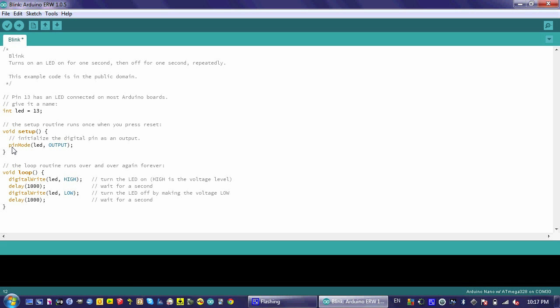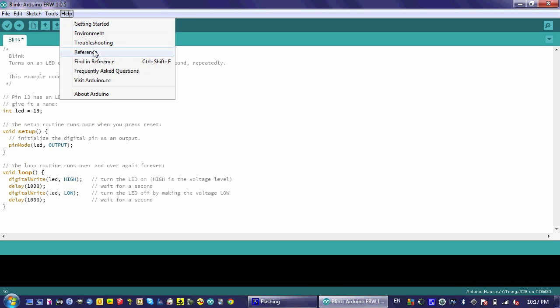In the setup routine, we can see that they initialize the digital pin as an output by using this command, pinMode LED, OUTPUT. So pinMode is some sort of function that sets this pin 13, if we look up here, to an output. This may be a little bit hard for some of you to understand, so I'm going to introduce another way to learn about programming Arduinos, and that is to consult the reference materials. If I click on the reference,